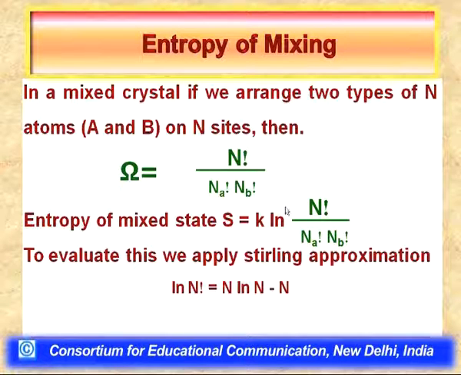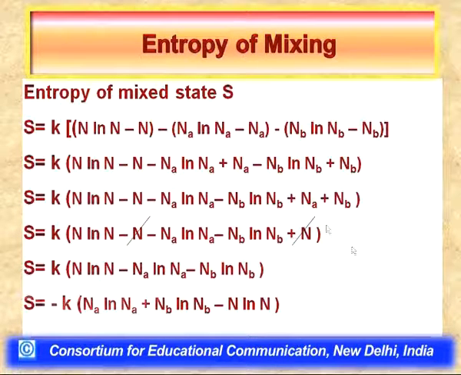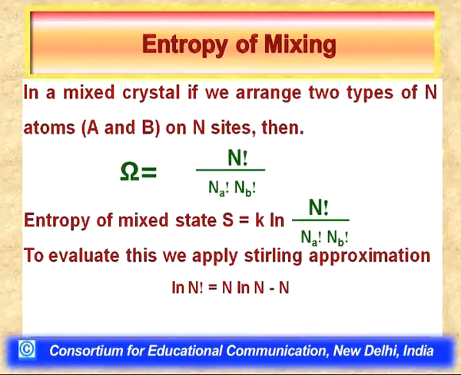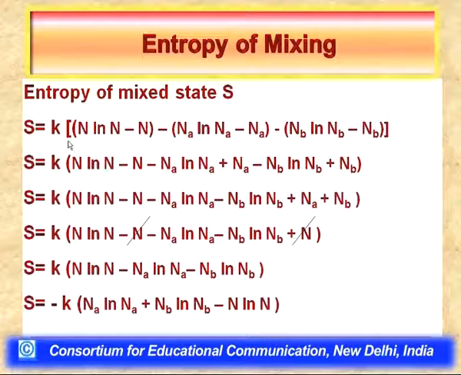We can evaluate the entropy of the mixed state, which is given by S equal to k ln of n factorial divided by n a factorial into n b factorial. Now, if we apply this Stirling approximation, you see, if we ask what is log of n factorial by n a factorial into n b factorial, this is equal to log of n factorial minus log of n a factorial minus log of n b factorial, and therefore, k